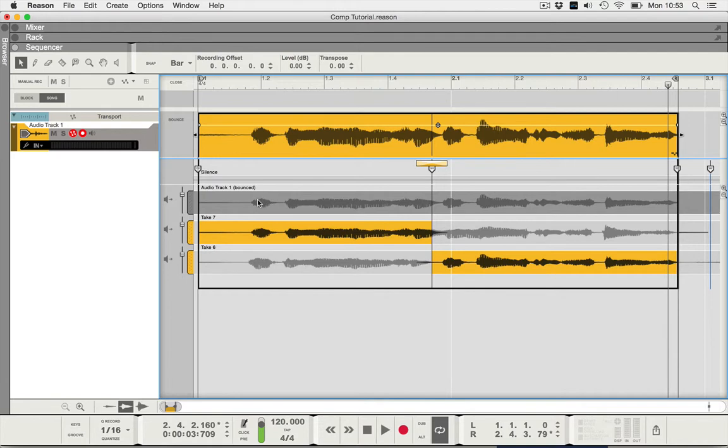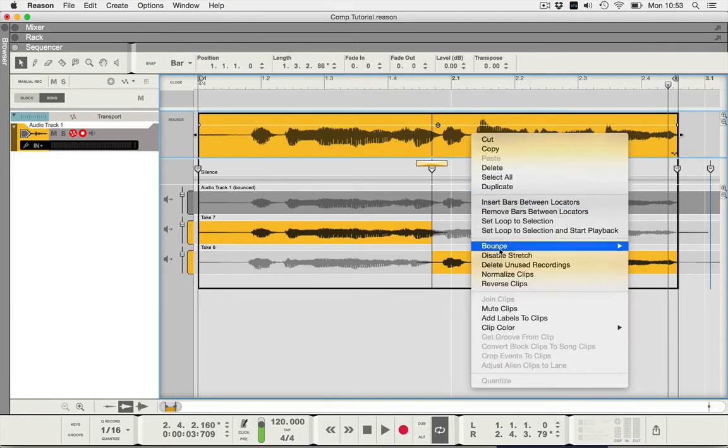Now, if you right-click this comp overview and go down to this item bounce, there are 3 options. Bounce clips to new samples, bounce clip to disk, bounce clips to new recordings. So bounce clips to new samples will bounce your composited clip down to an audio clip which will appear in your browser for use in other songs. If I do that,